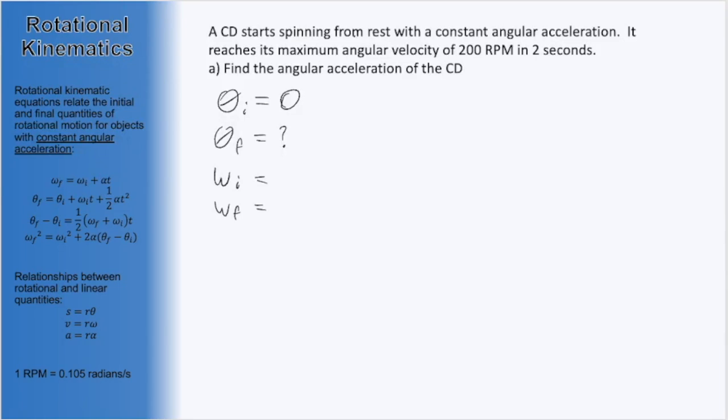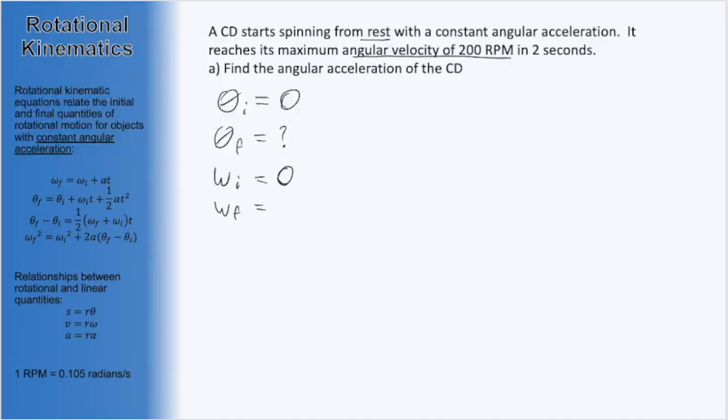We're told that the CD starts spinning from rest. That is, it starts not rotating at all, so its initial angular velocity should be 0. Then we are told that it reaches a maximum angular velocity of 200 rpm. Now, thanks to the wording of this problem, it's pretty clear that this is an angular velocity that they're giving